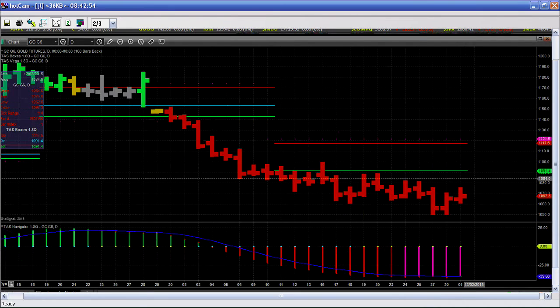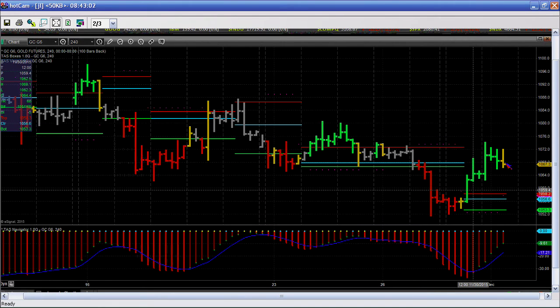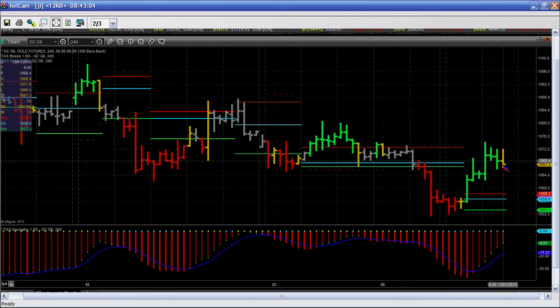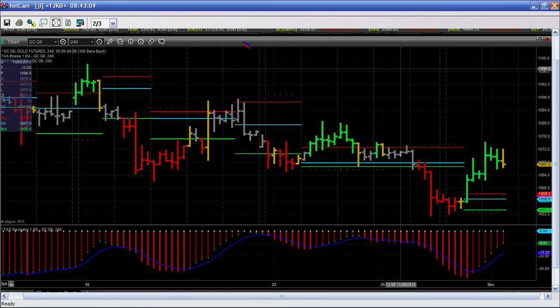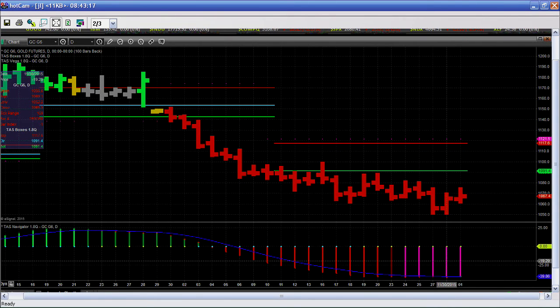Still a big overhanging inflection point at 1090, 1091. Here's the 240. I wouldn't get too terribly excited about this. We've got a new profile attempting to appear. That's new supply, even on the 240-minute range. Not a big fan of buying gold yet. I would rather see a new daily profile appear, or at least an orange bar, which would mean